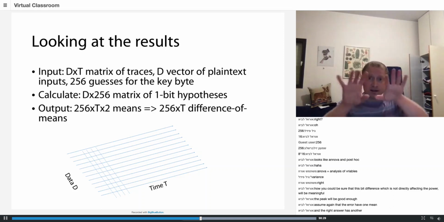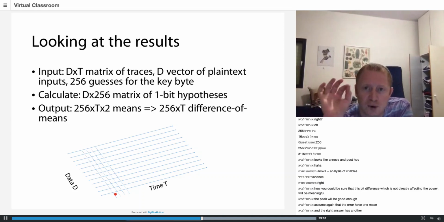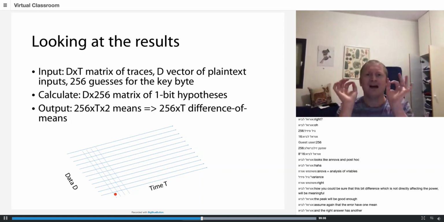Okay, let's look at the results, and this is a nice way to understand what's going on. So my input was d times t, right? D data points, each one of size t. And we tried fixing d and fixing t, and I showed you that if I fix d, I get one trace, and if I fix t, I get what all the devices were doing at a certain period of time, and I aligned this perfectly. Now, I calculated